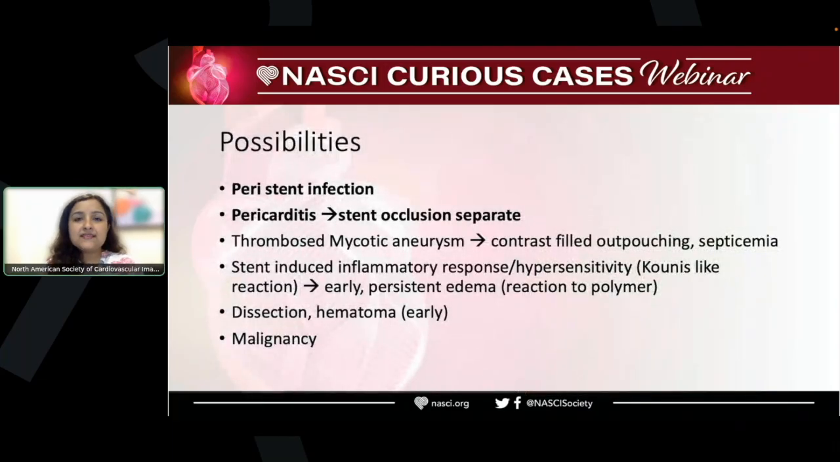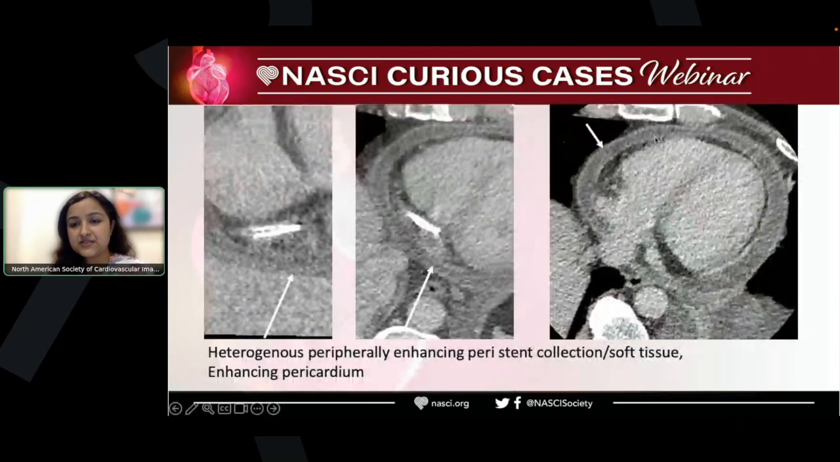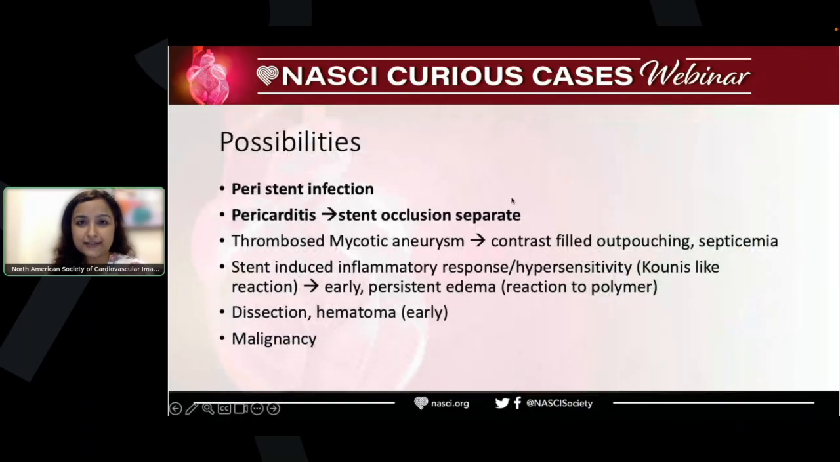So with this, the possibilities now were of peristent infection with a peristent abscess. That was the first possibility that came to our mind, and it is not very uncommon in India to have peristent infection. Otherwise, in literature, it is a very rare complication. Then of course, another differential was pericarditis, because we saw pericardial enhancement here, so there was definitely a component of pericarditis. So probably the pericarditis appeared first, and then there was stent occlusion due to unrelated